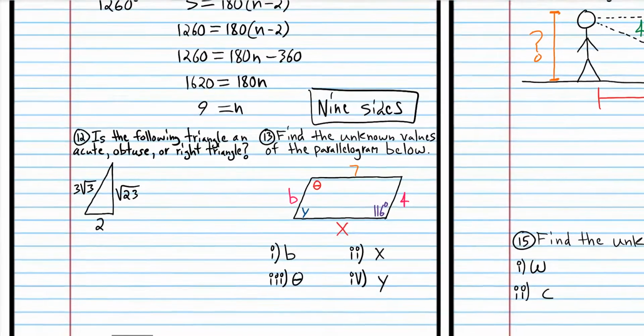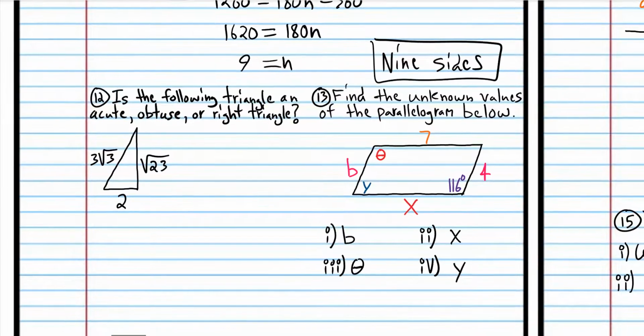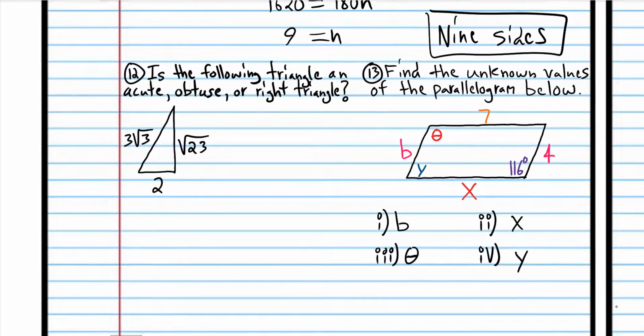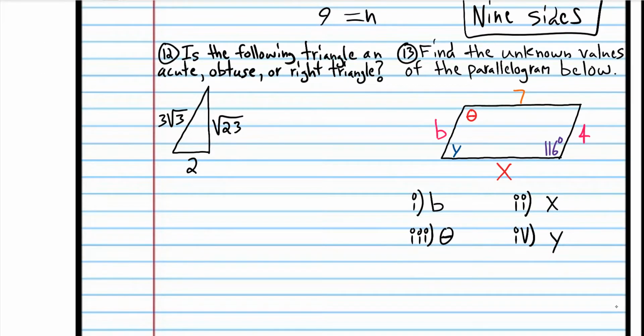Okay, is the following triangle an acute, obtuse, or right triangle? Go ahead and try number 12, and when you come back, we'll do it together. All right, we're back. In this problem, we're going to have to use the Pythagorean inequalities theorem, which tells us